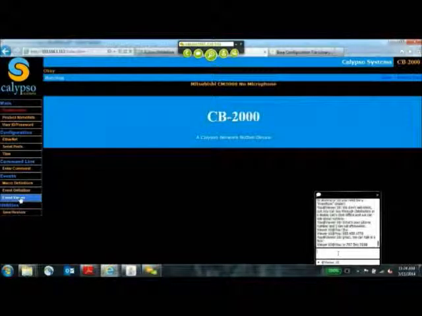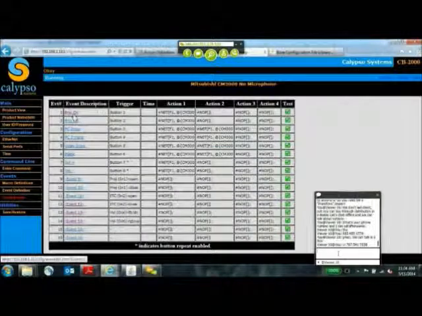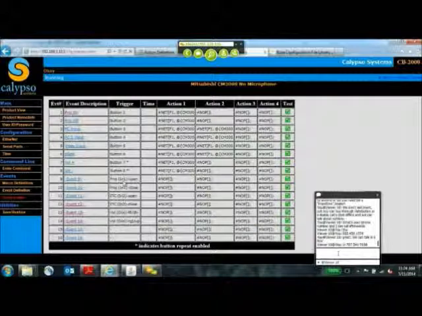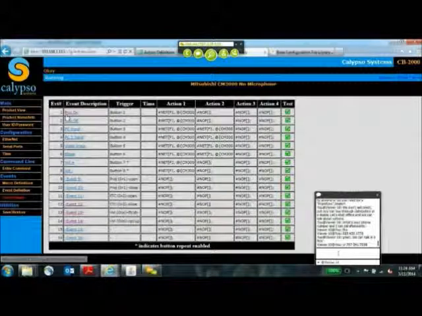And I'll go back into the event viewer, and you can see that now all these names are filled in. And see this little asterisk right here tells me that this button has been assigned with a repeat on, which is volume up and volume down. And if I go to projector on, here is that